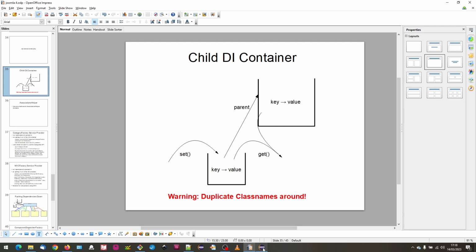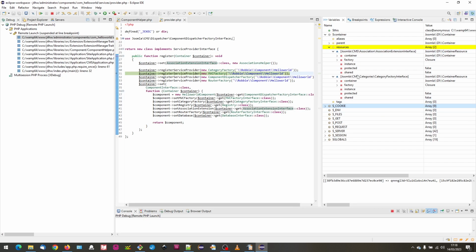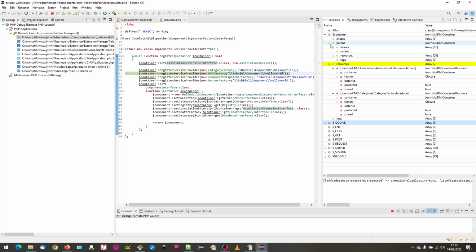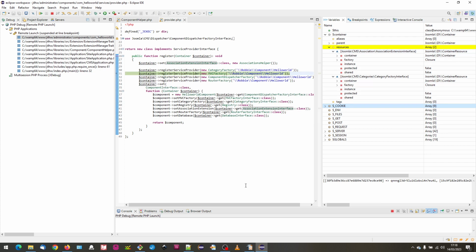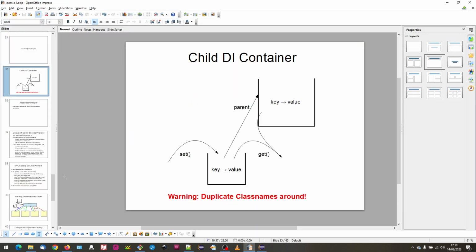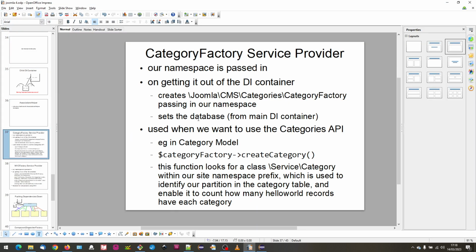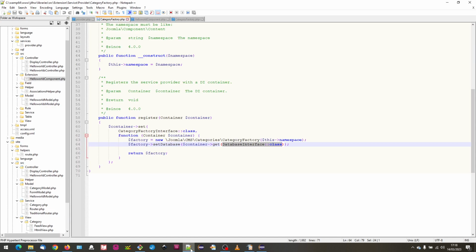And if we bothered looking through our parent, we would be able to find our database interface among all these resources in our parent. Okay, so it sets the database, and if we look at our category factory,